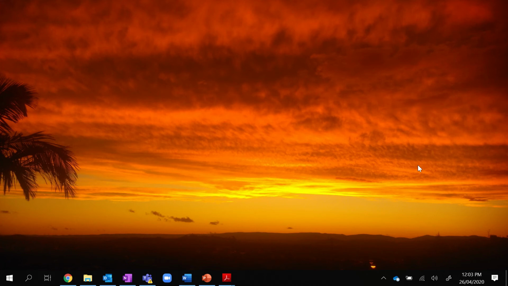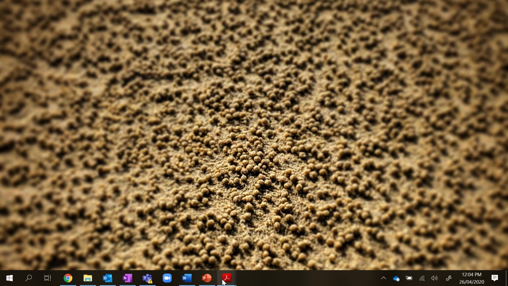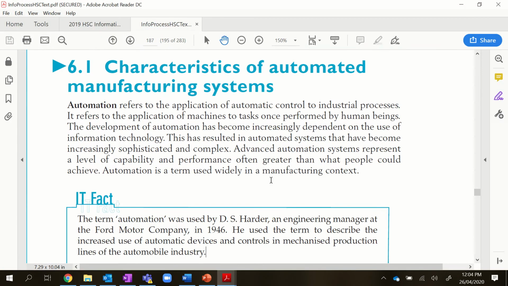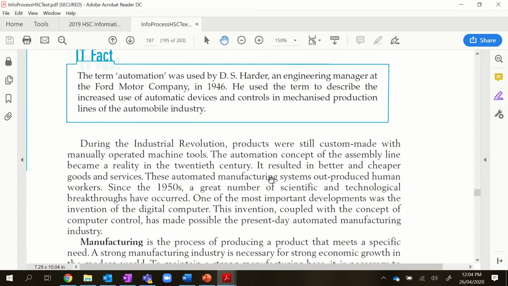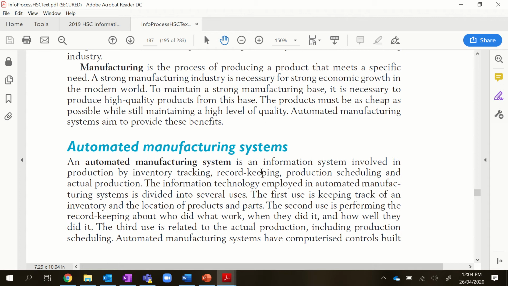All right, so here is the introduction to automated manufacturing systems. Now, what you're going to learn is quite a lot about manufacturing processes and what goes into them and what happens with them. The textbook sort of starts out with some pretty basic introductions, and it talks about the Industrial Revolution. Now, the Industrial Revolution is a really important key element into automated manufacturing systems because